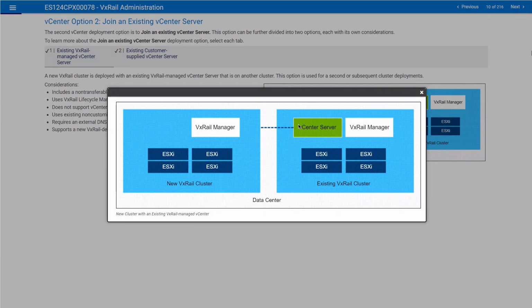And this existing vCenter can be, as described before, a VxRail-Managed vCenter. So this is on the right-hand side, my existing VxRail cluster with its VxRail-Managed vCenter. I'm going to deploy a new cluster and use my existing vCenter. Please keep in mind that in this specific design,